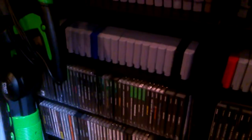These are my regular Nintendos. So far, some Super Nintendos. Leaving that empty because it'll be filled up pretty soon. N64s and PS1, Dreamcast,